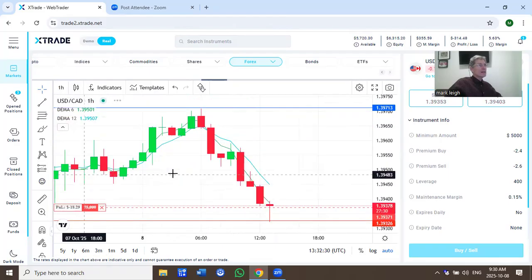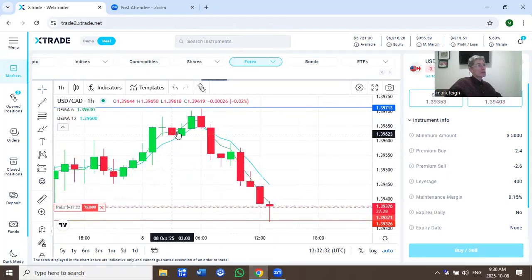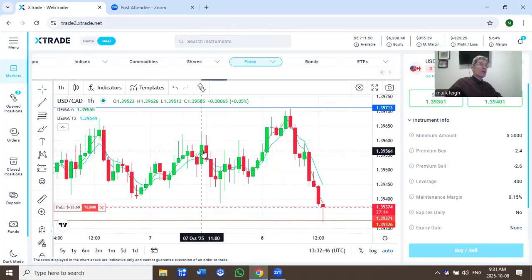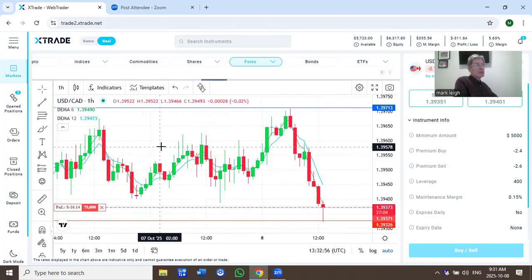hourly. There you can see the brief run up, strong US dollar, and then Canadian took over, selling US dollar, buying Canadian, all the way down to support, which has just been set at 139.26. So strong US dollar to start across the board. We saw in the index and the majors. Now we see a fight back, US dollar giving up those gains, and the majors looking to strengthen against the